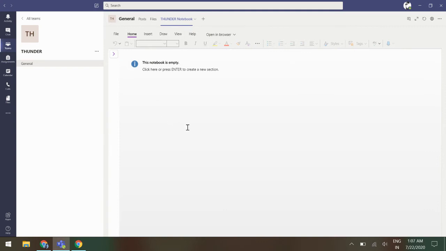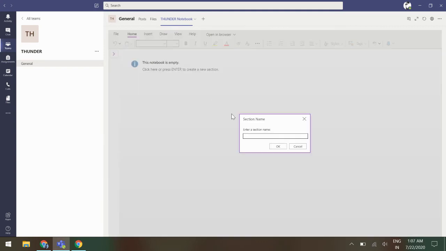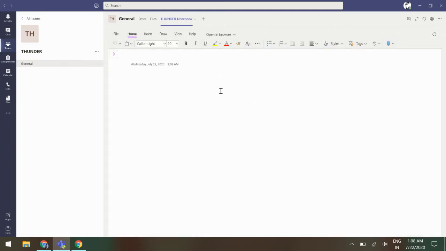Now you see this notebook by default starts and then you enter a section name. I'll tell you what the section name is. Suppose you're starting a project and you don't know about the ideas, so you're just making a list of ideas. You have three members and they're bombarding new ideas every hour. So you just make this section, list of ideas. When you click on this part, you see this is the section column, and this is the pages in that section. This is the upper section, and under that are these pages.